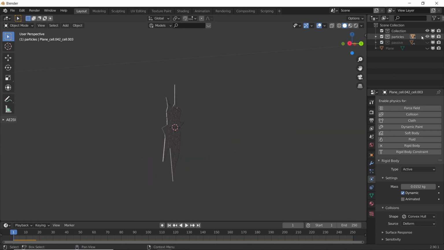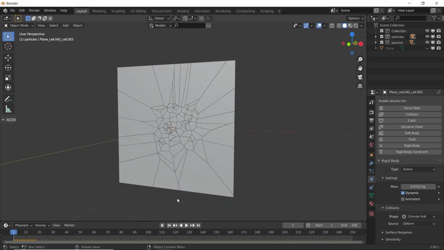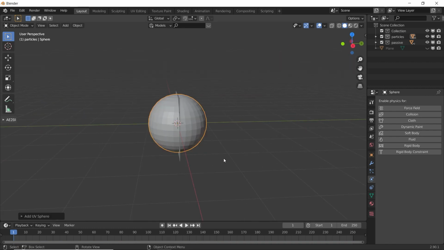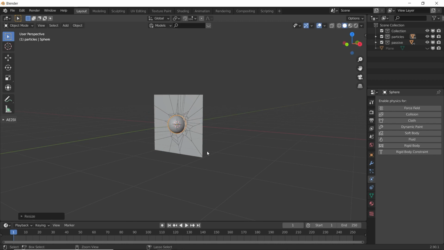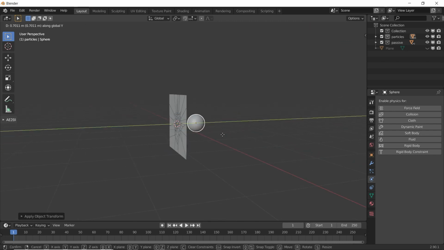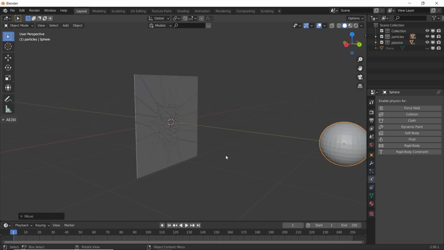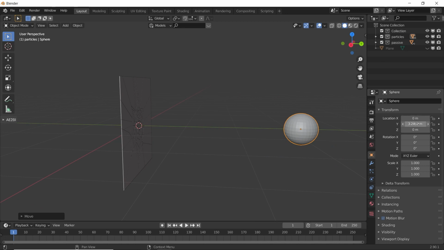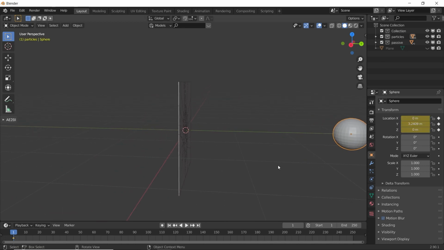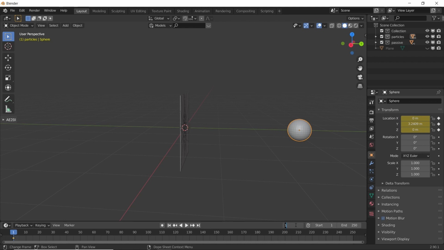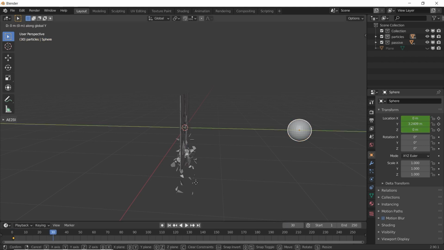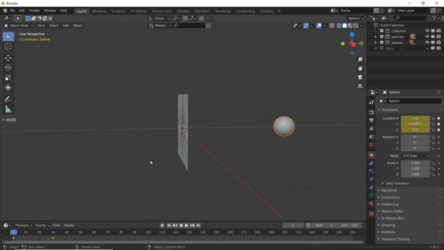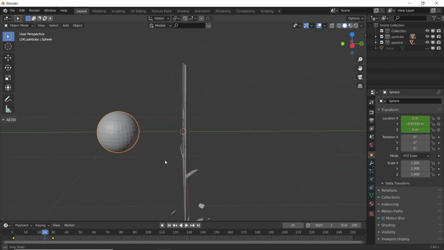Okay, now let's bring these passive objects here. Let's add a UV sphere, scale it down and apply the scale, grab it on y-axis. Okay, go to object properties, keyframe the location. Go to 30th frame, grab it on y-axis and keyframe the location. Okay, if you play this animation,